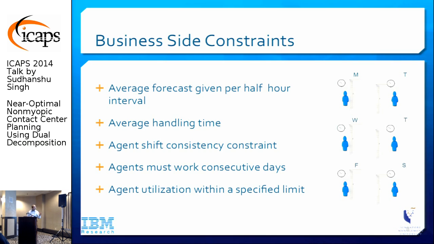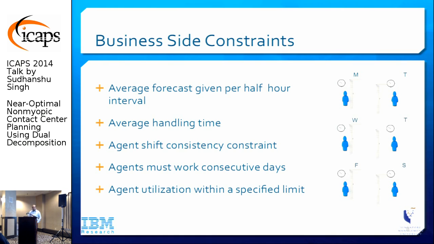And the good thing is that in this domain, these CRM organizations have a lot of data. So to specify the demand, they divide the entire planning horizon into small intervals, like 30 minutes, 15 minutes, or 1 hour intervals. And then you are given an expected number of service requests in every 30-minute interval. So that's how the demand is specified.